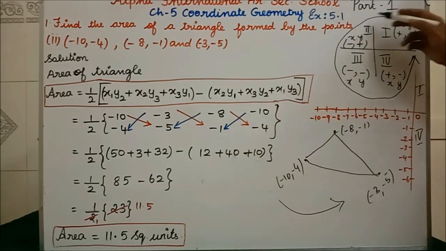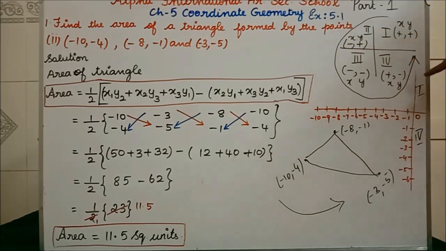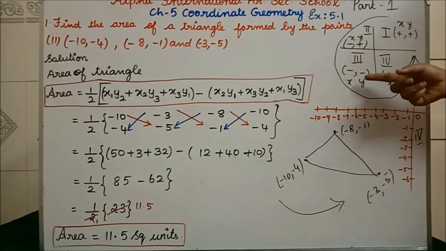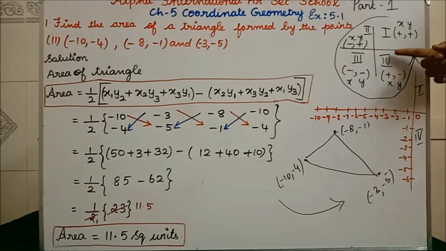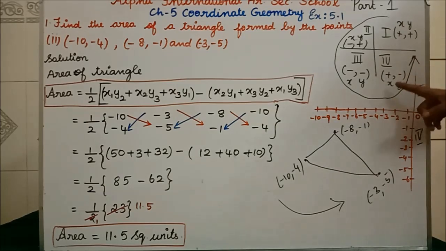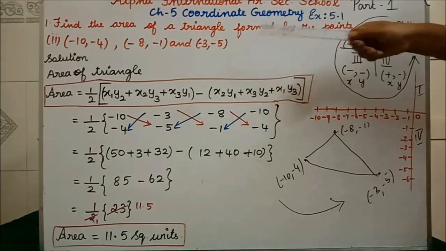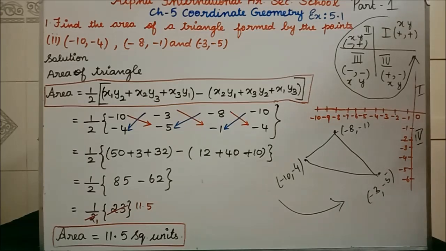Can you understand? You have to come in the anti-clockwise direction. Clockwise means it will rotate like this, but no, you are going to come in the anti-clockwise direction. Third quadrant means both x and y are minus. Fourth quadrant means x is positive and y is negative. Clear? Now you see all the points in the question are minus, minus, and minus, minus we have only in the third quadrant. See, x is also minus, y is also minus.